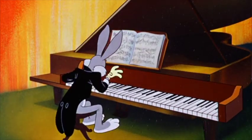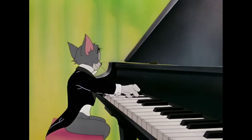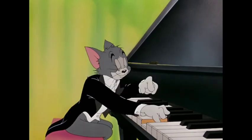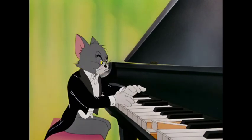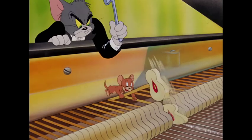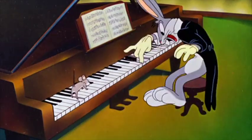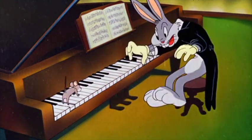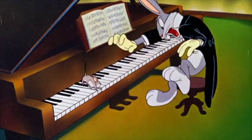Friz had already used this music in Rhapsody in Rivets a few years earlier, and it would also be used in the Tom and Jerry cartoon, The Cat Concerto. A pianist being pestered by a mouse while trying to play this piece of music. Wow, what a coincidence! Or was it? I won't go into this here. We'll do a little rundown of it when we do the Oscar collection next year,